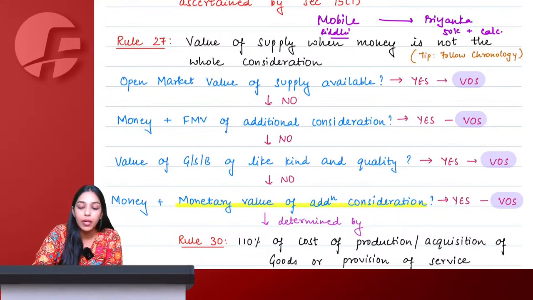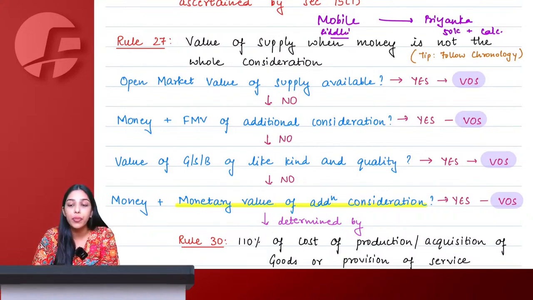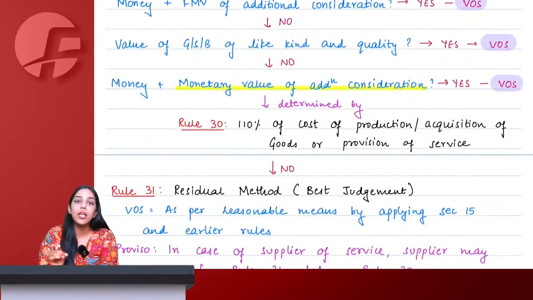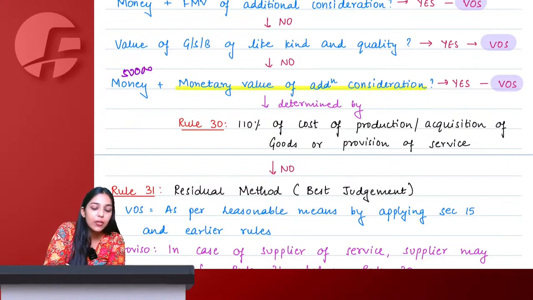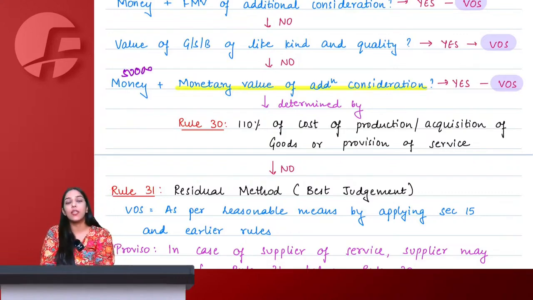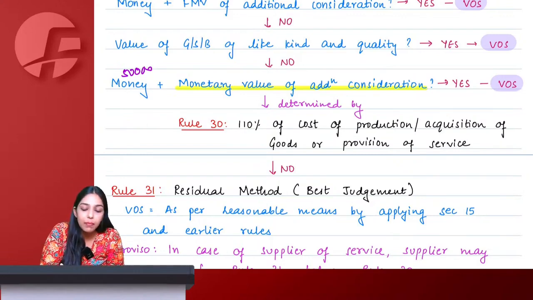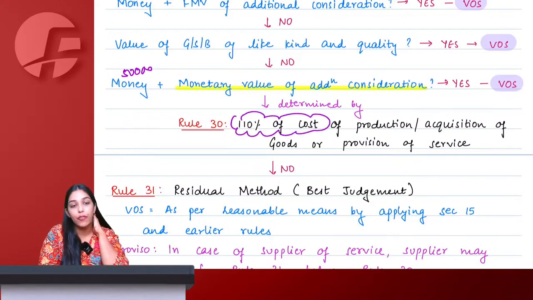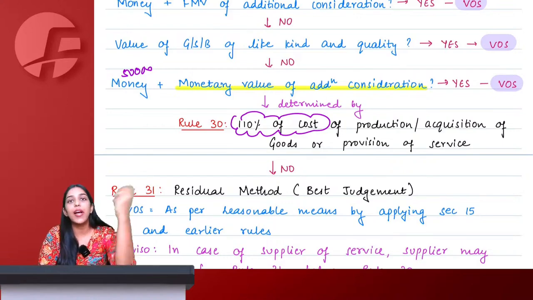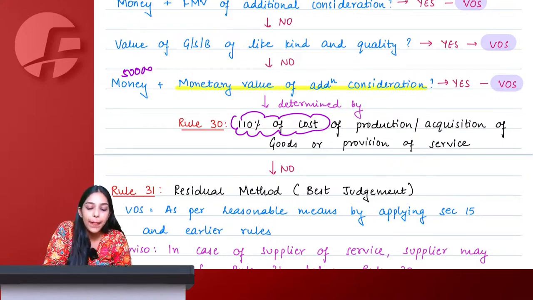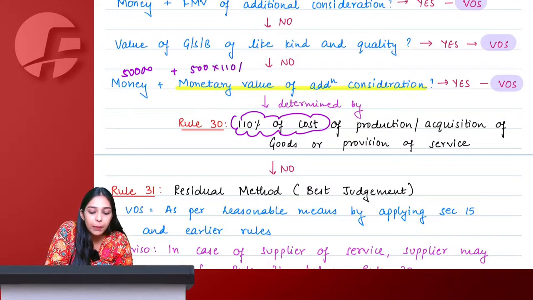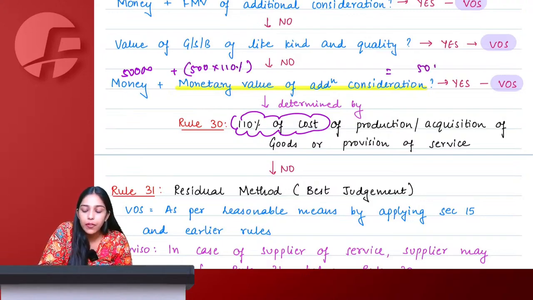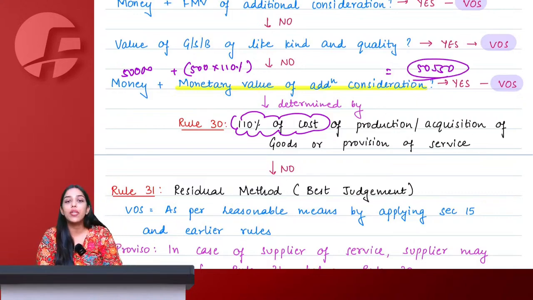Ma'am, this is also not available. I made such a unique mobile phone for Priyanka that not even a like kind and quality of mobile phone is available. Then the final option available with me is to take the money I have received, 50,000, plus the monetary value of the calculator. And how do we calculate the monetary value of anything under GST? Monetary value of anything simply means 110% of the cost. So let us say Priyanka manufactured that calculator for 500 rupees. Then in that case, 500 into 110%, which is 550, so I will say 50,550 is my total value